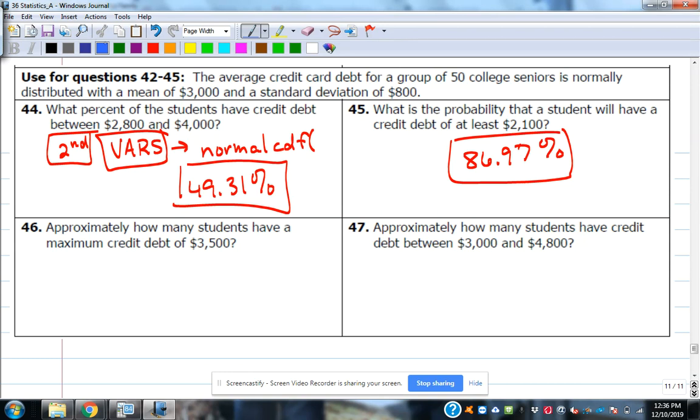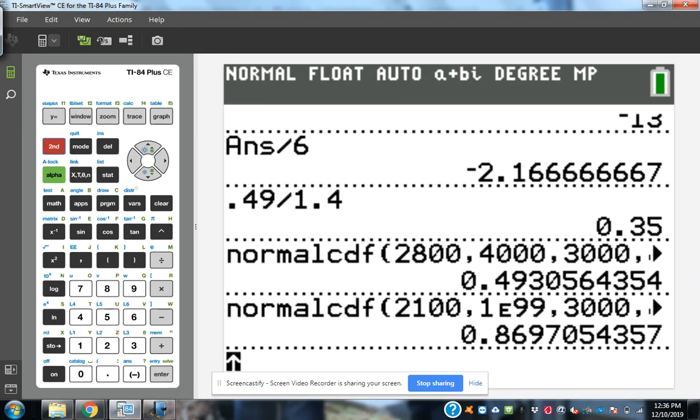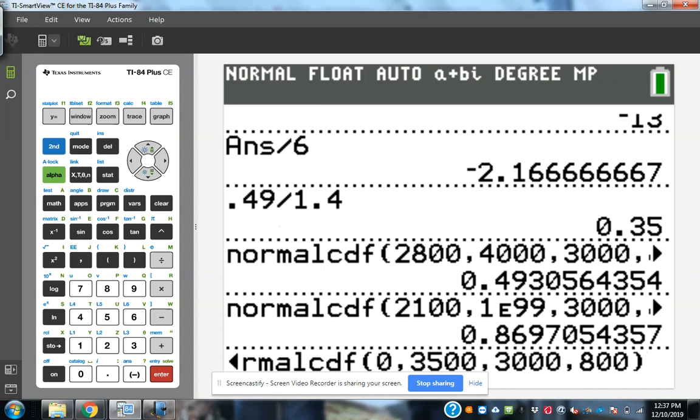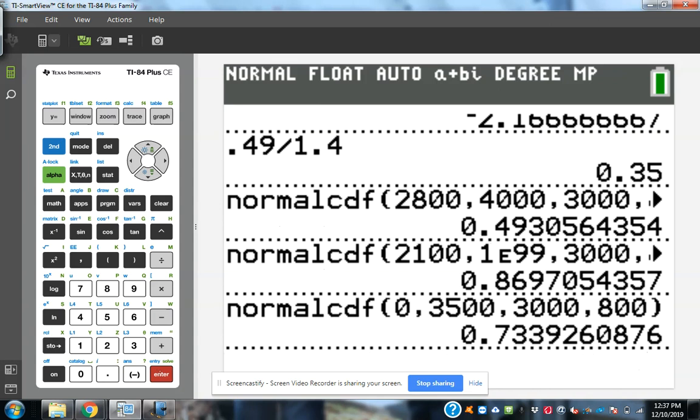Approximately how many students have a maximum credit debt of $3,500? So what's maximum mean? The most. So it could be anything less than that. So what's the least amount of debt we could get out of college with? $0, right? So when we go to our normal CDF again, our lower is going to be $0, and our upper is that maximum $3,500. Everything else is the same. Paste and enter. 73.39%